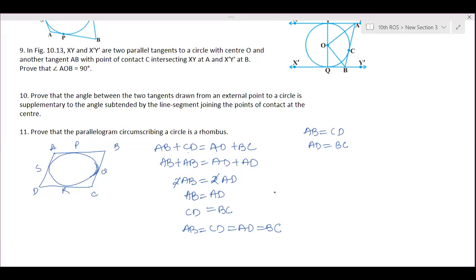Ma'am, so basically the proof is the same, and then AB plus CD equals AD plus BC. We have to substitute the value. Yes, substitute the value. Whatever you solved earlier, the same way you have to solve this part. You have to show the opposite side sums are equal. Ma'am, so again the full procedure has to be written? Or can we simply continue because we already know it? You have to remember it properly. Again, the same thing you will see at the time of revision, and you will write the same thing in the exam. No, ma'am.